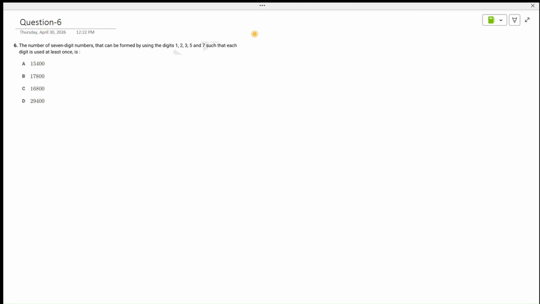sixth question actually. The number of 7-digit numbers that can be formed by using the digits 1, 2, 3, 5 and 7 such that each digit is used at least once. Okay, so if every digit is used at least once, there are 5 digits actually. So you will definitely have 5 digits, and the remaining 2 digits can be anything from these 5 digits. If you add a rule that there should not be any repetition,